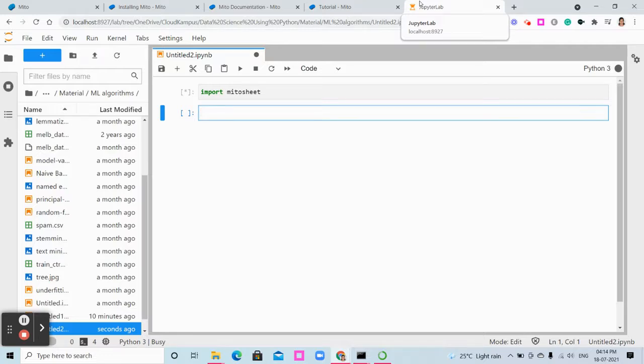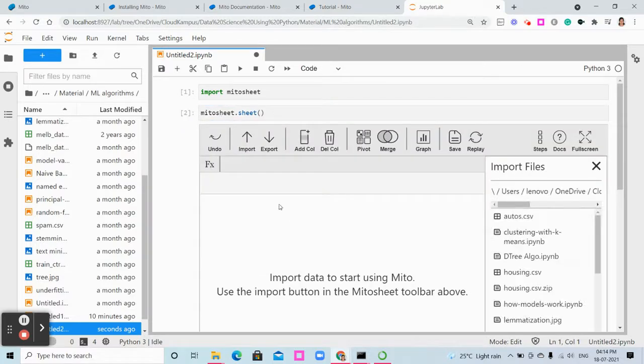Let's wait. Once it is processed, we have to type mitosheet.sheet. This is used to launch the Mito sheet. Once you have entered this, you can see that your Mito sheet is opened.